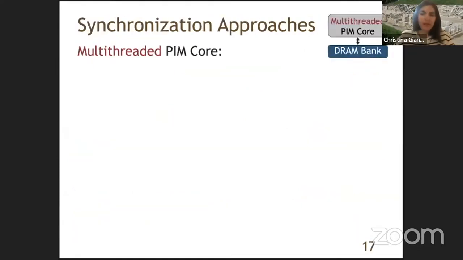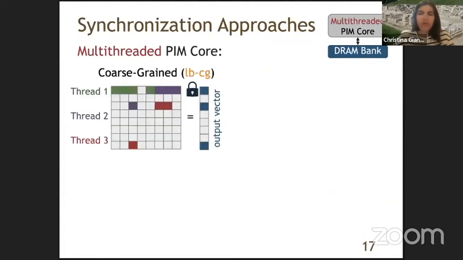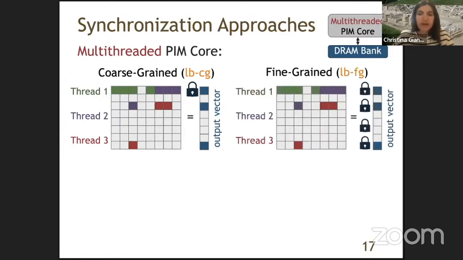More specifically, we provide three different synchronization approaches. First, we have the coarse-grain locking approach, in which one single global mutex protects all the elements of the entire output vector. Second, we have a fine-grain locking approach, in which multiple mutexes protect the elements of the output vector. In our evaluation, we use 32 mutexes, which are associated to the elements of the output vector in